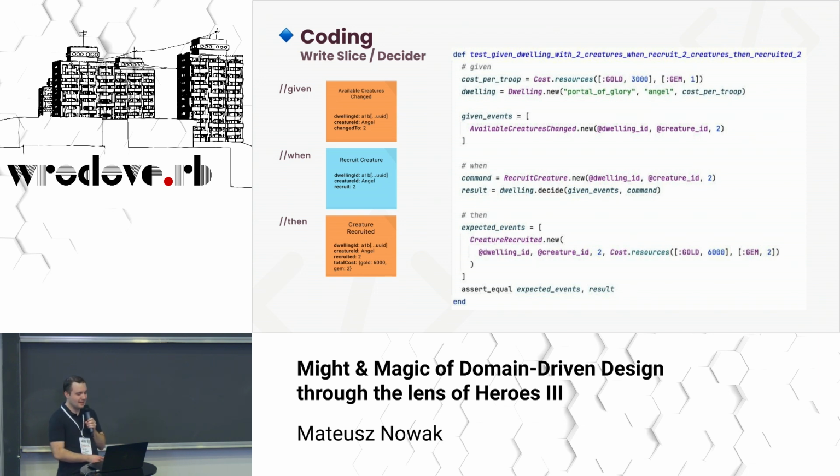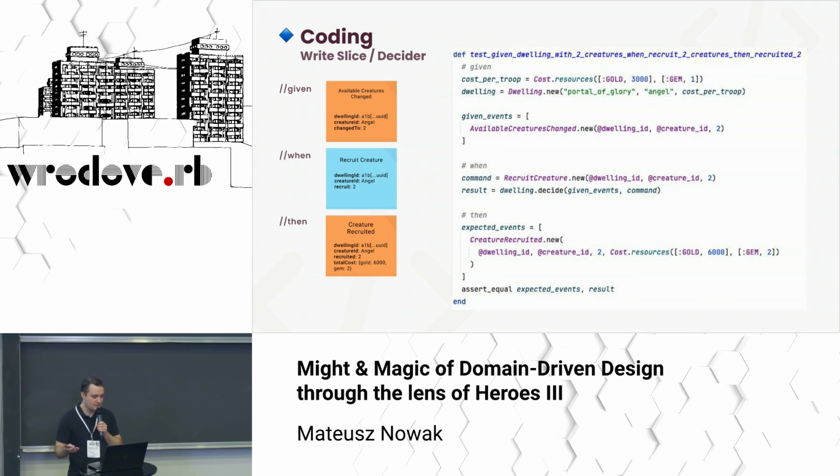On the left-hand side, we see a shorter notation from event modeling. We call them given-when-then specifications. Given are the preconditions, and in the case of the write model, when we execute the command, the given are the events that happened before the action. When is the action, so in this case, the command, and then is where we assert the expected result of the command. On the right-hand side, you have the code.